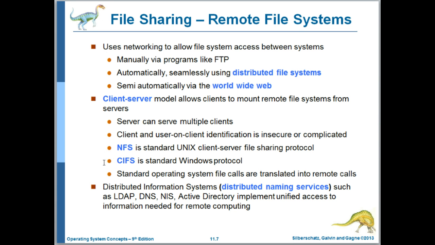This is, as mentioned here, the standard Windows protocol. That's what provides your G network drive. Interestingly, Windows doesn't do mounts into the mounted file system. So rather than having a single tree for the file system, Windows, as you probably know, has a forest of